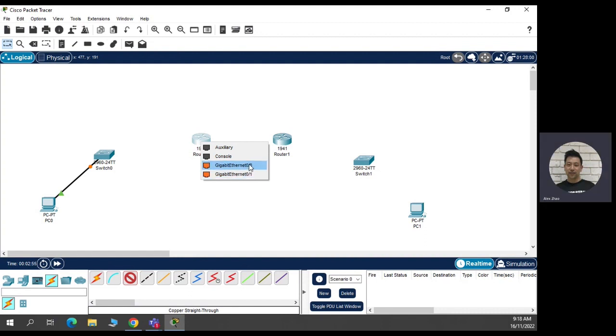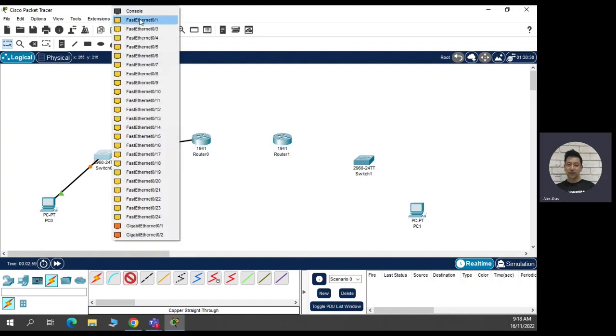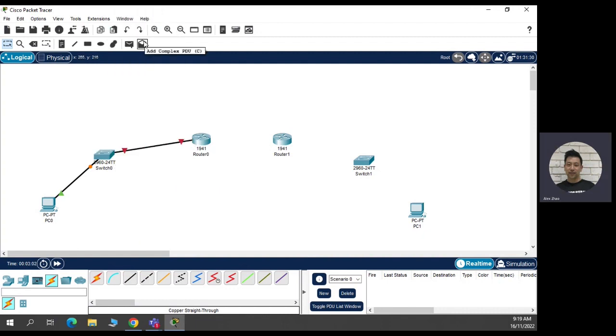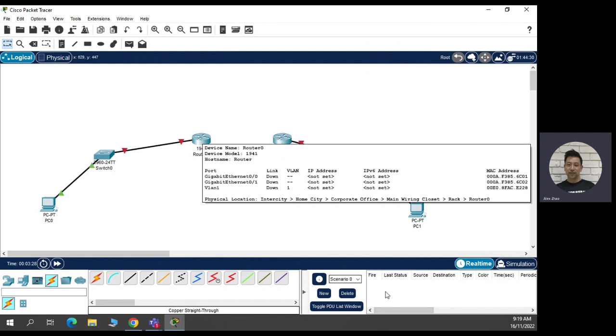I always like to start off with the first one, the lowest number, and I connect it to the first one here. So I like to keep the equipment that way, it's just me. It doesn't matter which one you connect it to, as long as you configure the right interface in the command line. So same thing over here, so I might do it the opposite way, probably easier. Router to switch, straight through cable again, PC to switch, Fast Ethernet. Between the routers, in real life, we're going to use a serial